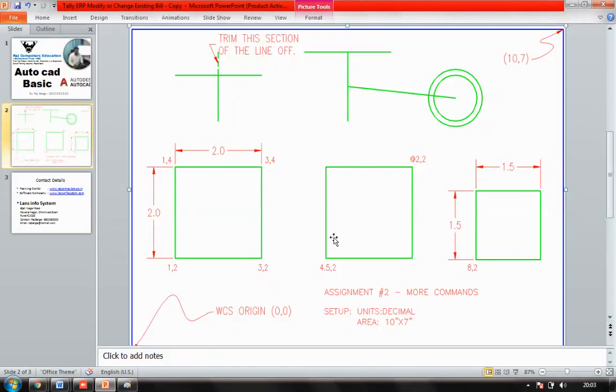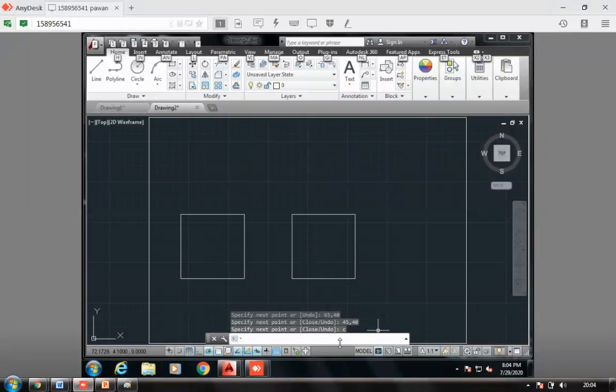because it has been specified. Now in this case things are a little bit different. Only the starting point is given and then the distance is given. So from this point to this point it is 1.5, and this is also 1.5. So all these are going to be added with 1.5, 1.5, 1.5, and so on, x and y depending on the situation. So it is 8 comma 2, so it is 80 comma 20. Let's start with this again.